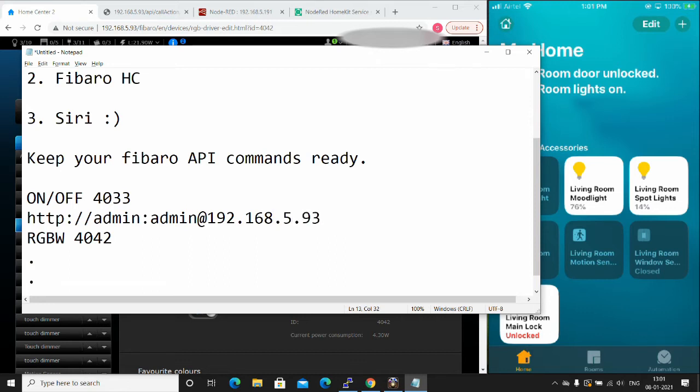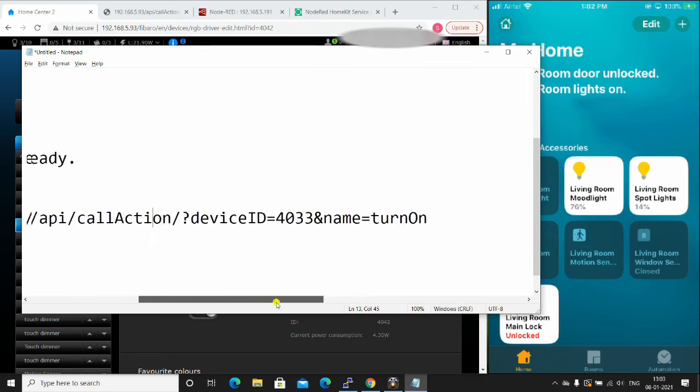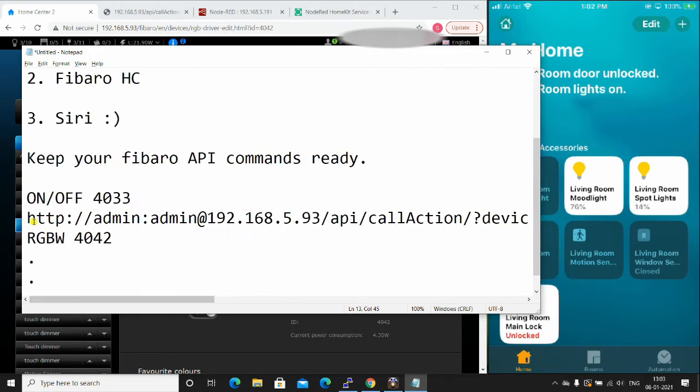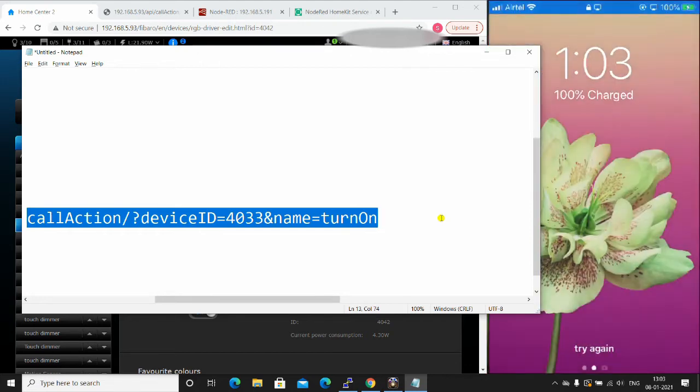And 192.168.5.93 is my HC IP address, which will also change for your own system. Then /api/callAction?deviceID= that particular number, and &name=turnOn. In case you want to use a turn off command, instead of turnOn you will have to put turnOff.